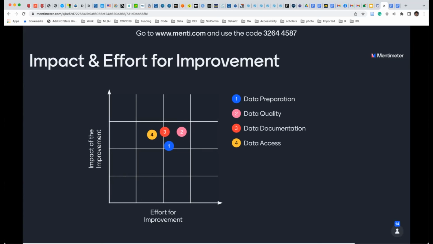Yeah, that was from the earlier discussion. I was wondering whether it's feasible to have a generic workflow for data preparation. That might be helpful, but I'm not sure that's part of what you are getting at. Yeah, I think that's a good comment.